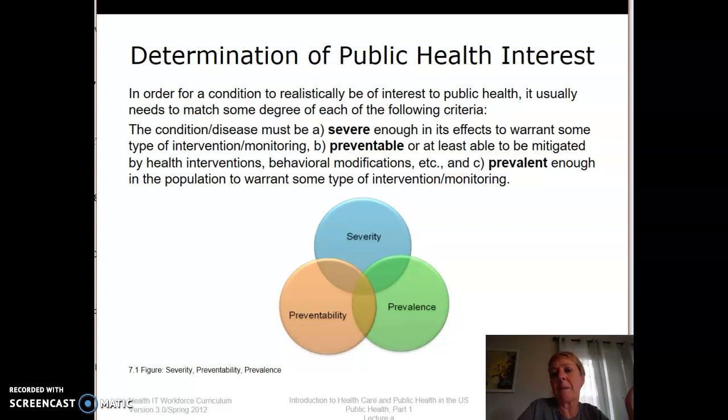So a prime example of that would be flu shots. Flu season is severe enough to warrant monitoring. It can be preventable with the use of flu vaccines, or at least maybe not preventable, but the severity lessened. And it's got to be prevalent enough to warrant it. So flu season can spread very quickly, and you'll often see reports on how many states have had